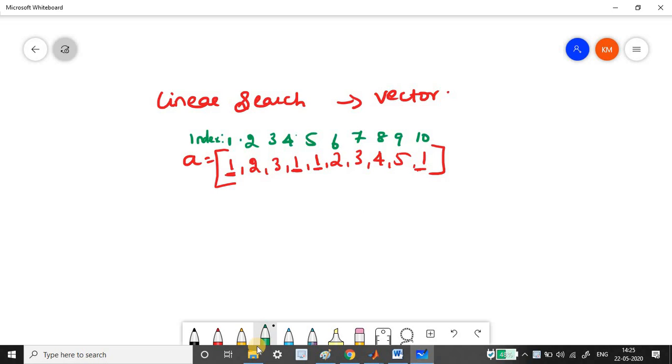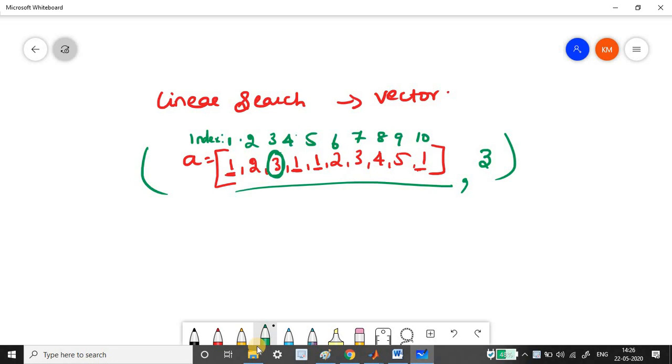So when I pass this vector and any entry in this vector, for example, 3, if I pass this vector and this scalar 3 to my function, my function or code has to return the index of 3 which occurs first in this vector. So here it should return 3. Can you see? The 3 first occurred at index number 3. So it has to return the first place of its occurrence.